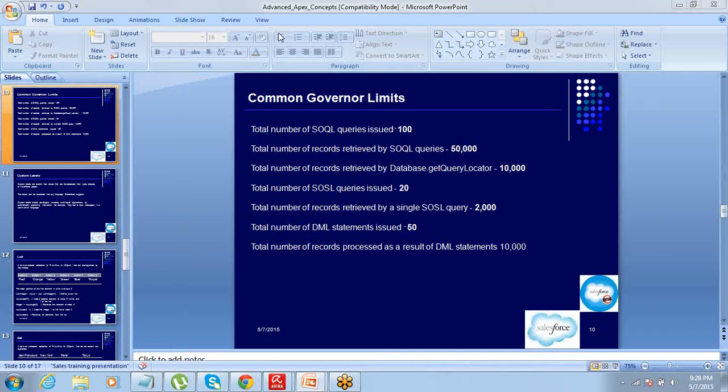Since we have talked about the governor limits, the next thing is understanding some of the best practices which can help you avoid these governor limits. You just have to make sure that you write your code in such a way that you avoid the governor limits. Let's understand a few ways of doing that.